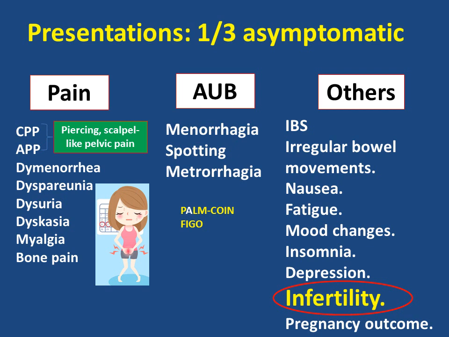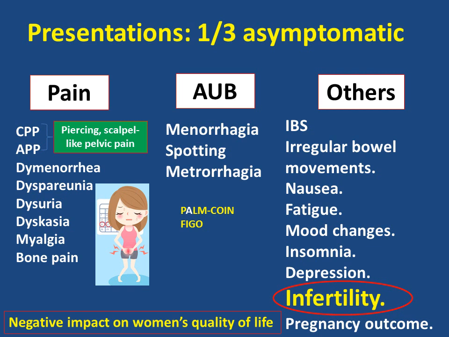and bone pain also due to anemia and generalized bad condition, because this disease affects the patient's life, quality of life will be impaired, and it definitely has a negative impact on the woman's quality of life. Another category of complaints will be abnormal uterine bleeding, and this is seen